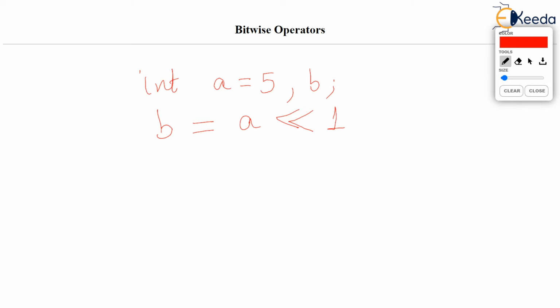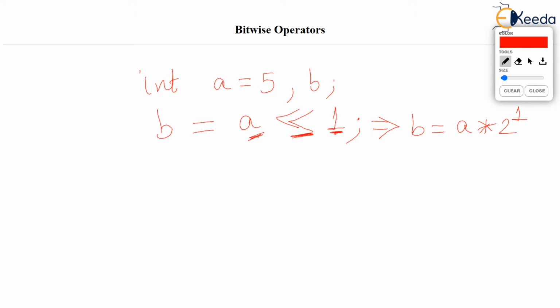A left shift 1. Now before I show you the bitwise operation on this, because of course the operator we have written is bitwise left shift, let me tell you the meaning of this. The meaning of this is, in fact, B should become equal to A multiplied by 2 raised to 1. Whatever is given after left shift, this 1 was given, isn't it? So 2 raised to that number is multiplied with A. So this is A multiplied by 2 raised to 1.